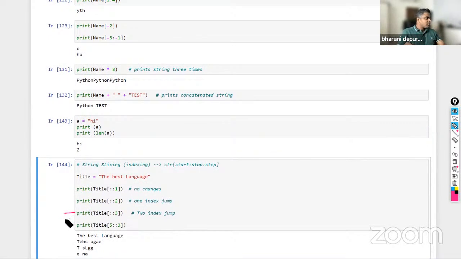So if I go to this and show you, T gets printed. Now let's skip 2. 1, 2. What is the third one? Space. So space is printed. Then skip 1, 2. Next, S gets printed. Skip 1, 2. Third. 1, 2, 3. In that way, values are printed. Then you say print title